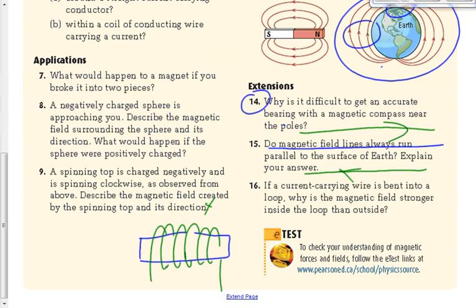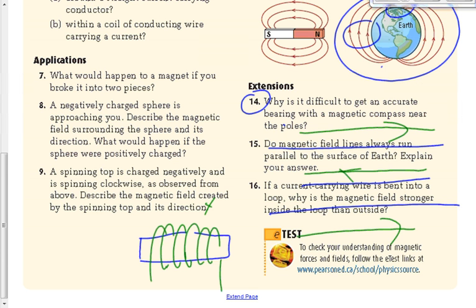Here's my coil. But let's take a look at the other side of the coil, or even a quarter of the way around the coil. Outside of the coil, this was my first loop of wire. This is my second loop of wire over here pointing in the opposite direction. Outside, I get a magnetic field pointing this way. And then inside, I get a magnetic field pointing, which way was I? This way? I kind of get my hands messed up here. But the bottom line is, if the blue represents the coil,